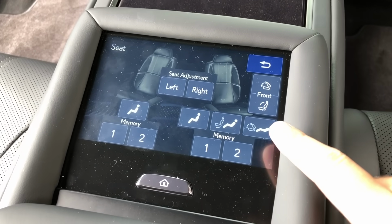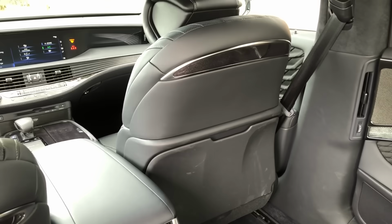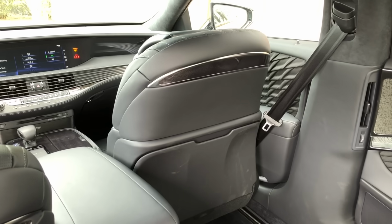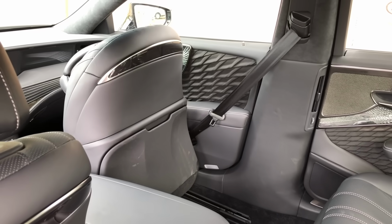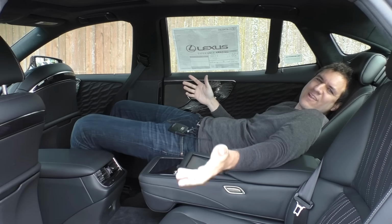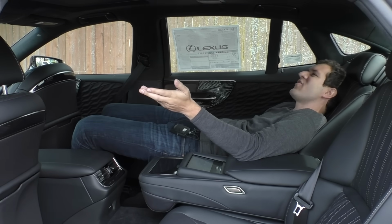Push a little button on the touchscreen, and then the front seat starts sort of whirring forward, all the way forward, as far forward as it can go. And it takes quite a while because there's a lot of room to cover. Once it's finally in its furthest forward position, then the rear passenger seat, the one I'm sitting in, starts reclining itself into a far more comfortable position, so you can almost lay down back here while you're being driven around